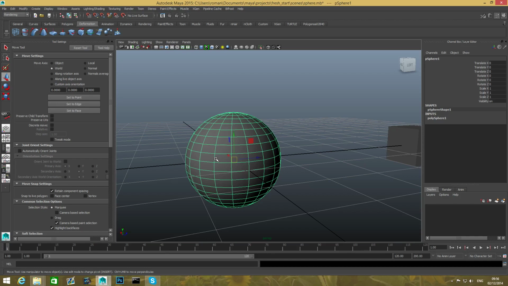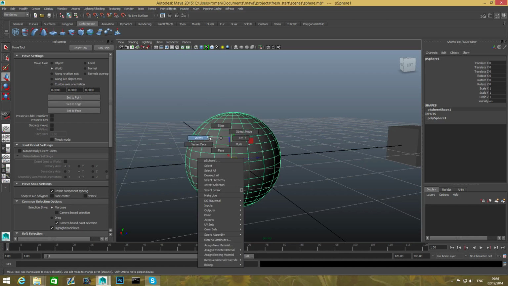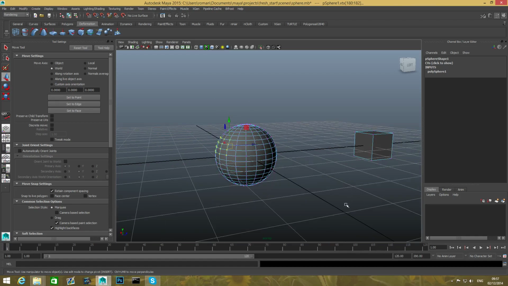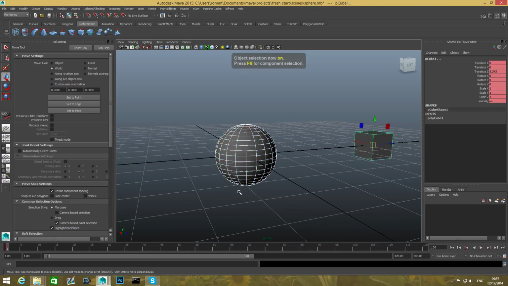Now, object mode is whenever your object has green wireframes, okay? And whenever it's in bluish wireframes, that means that your object is still in edit mode. Now you can have two objects at the same time in this mode. So you can see right now both of them are in edit mode. And if you want to switch back to object mode, then you will press F8 once or twice and make it